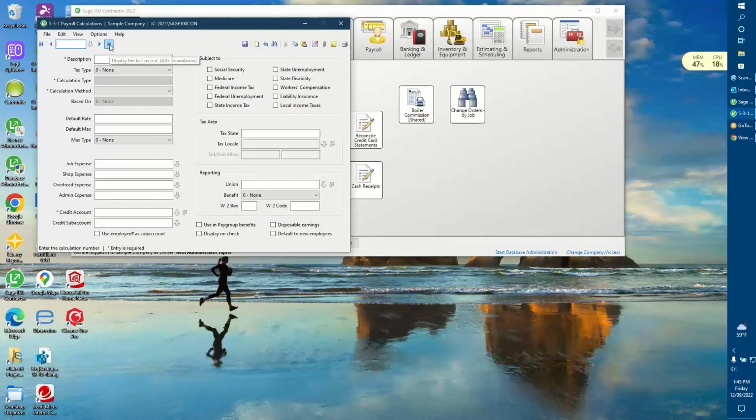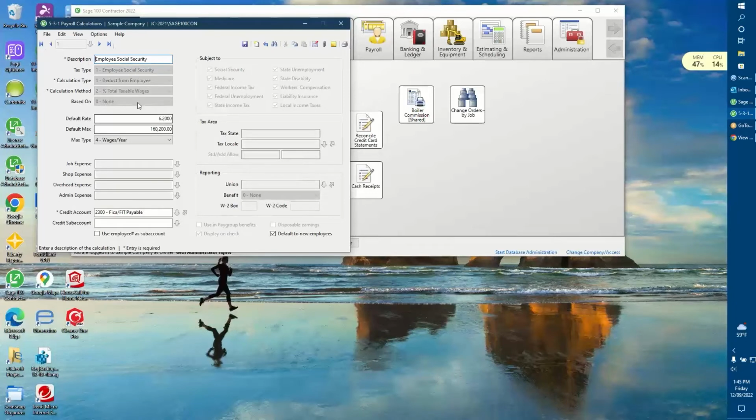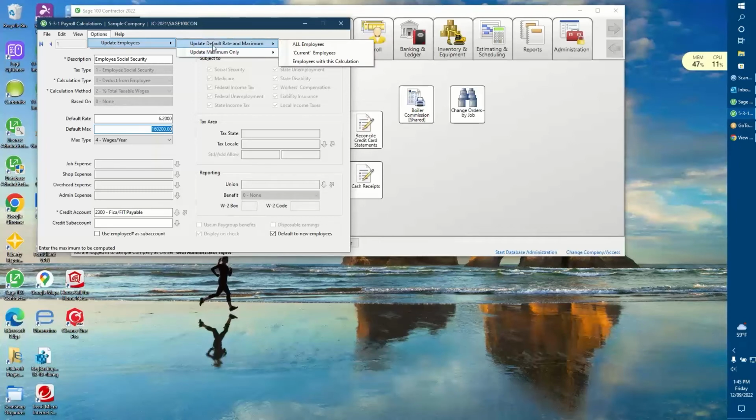Okay, and you're going to be warned about this, but when we're in 2023, if you go over here to your Social Security, notice that this is 160,200. Put it in here, options, update, and in this case we update the default rate and maximum. Even though it's the same for this year, we're going to use this choice.